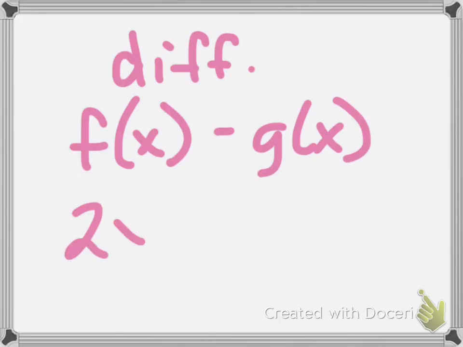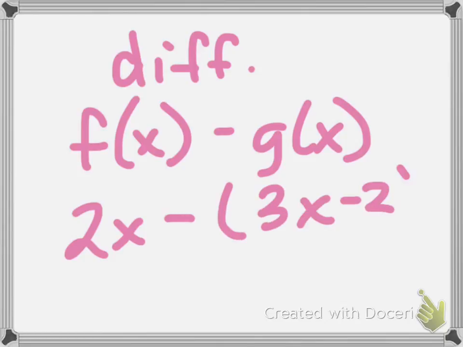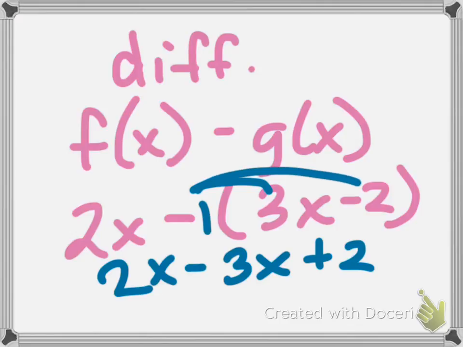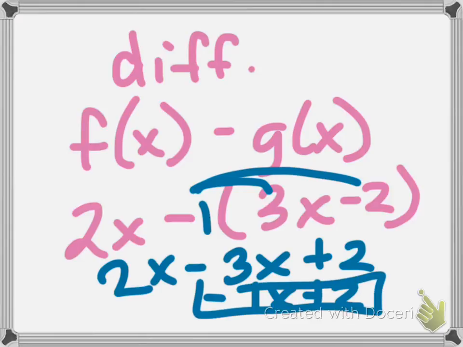Remember, if you subtract, for example, more than one thing, more than one term, you have to change the 3 to a -3 and the 2 to a +2. Basically, you're distributing a -1, so just change the signs. Now combine your like terms, -1x plus 2. Okay? And then on the next one,